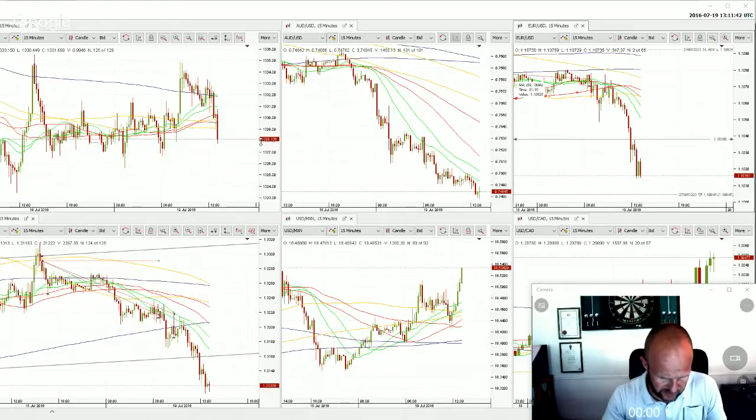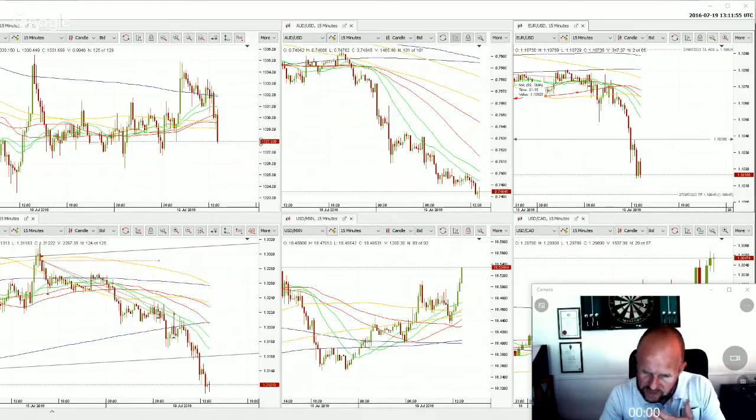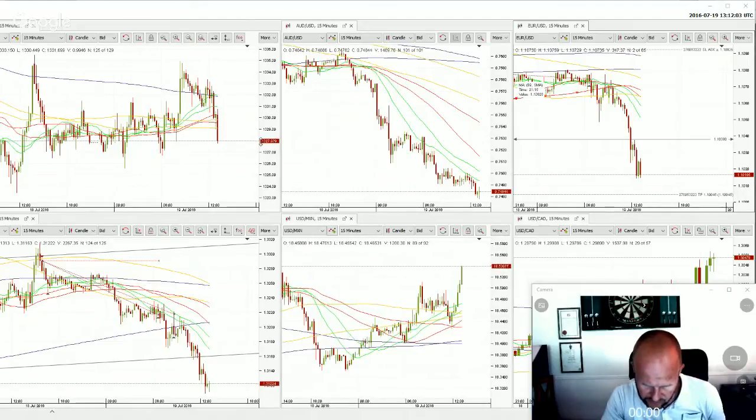All right, so this is something I've got now. I've got the support levels here and the resistance. What I'm going to use is 133 somewhere above it. 133 or